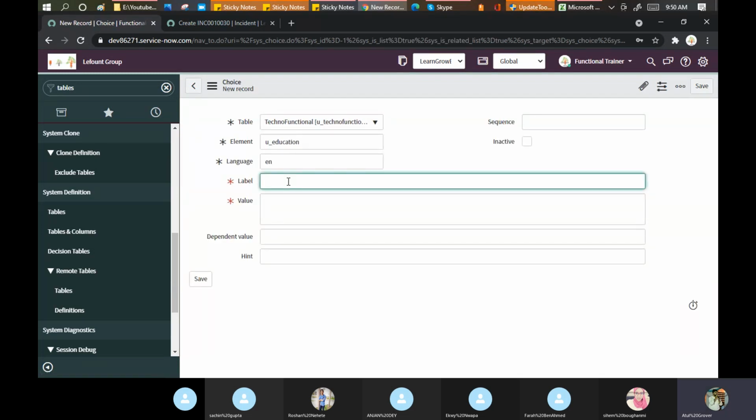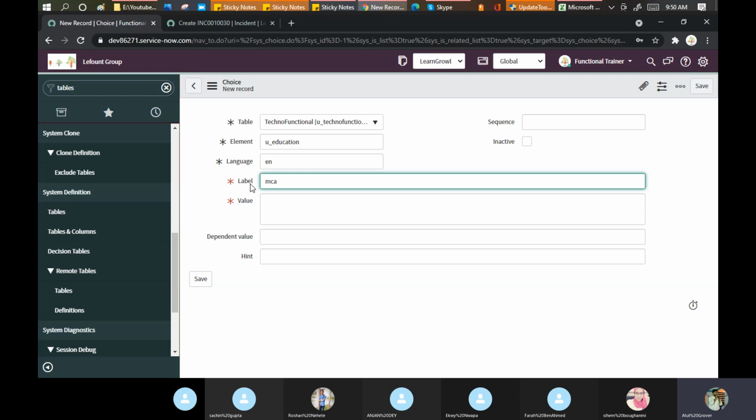Label. See, this has a very good importance. Whenever a developer is doing the comparison, adding the things in the workflow, these values actually matter. Label means how internally you call it. Like I take example, Sachin Gupta is the official name.